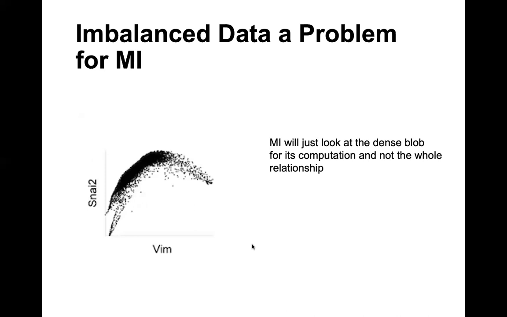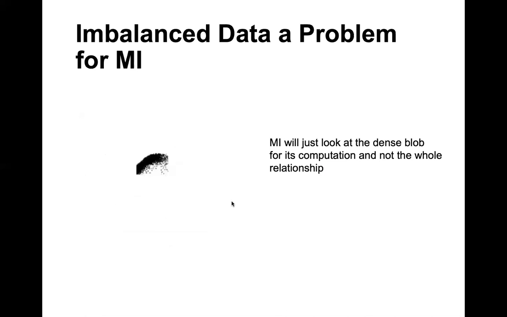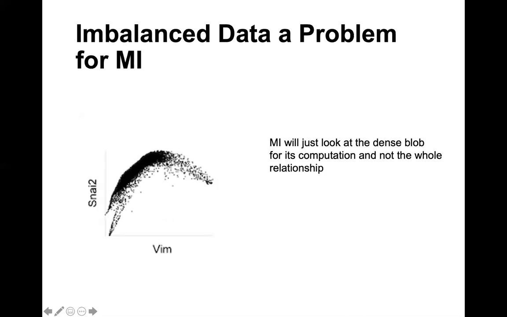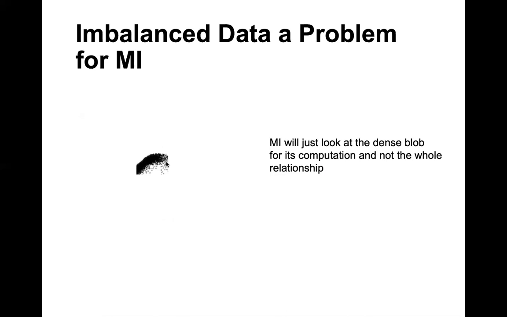One of the things that we noticed when we were first trying to apply mutual information to this is that imbalanced data is a problem for mutual information. Usually in gene-gene relationships, you have most of your cells or genes concentrated in some location. So most of them are in this point of the relationship. So you're overemphasizing this part of the relationship as opposed to the whole relationship to see if there's actually a trend between these two, regardless of the cell they're in. And this would mean that you're really looking at a small portion of the entire curve. So instead of looking at this whole relationship, you're looking at just that, which might not tell you much about